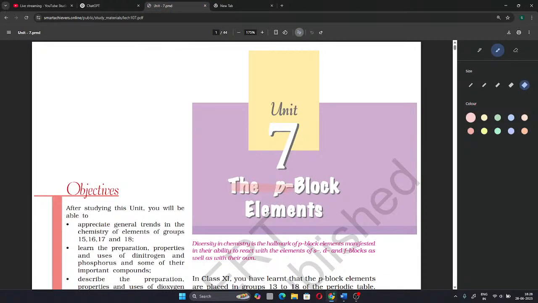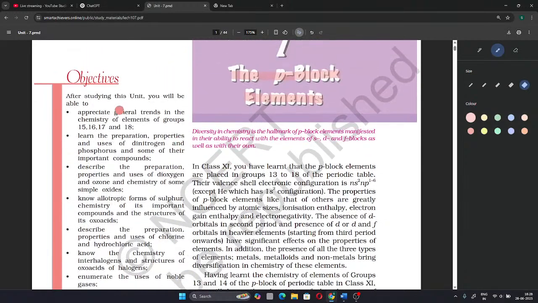Unit 7, the P block elements. Objectives of this unit: